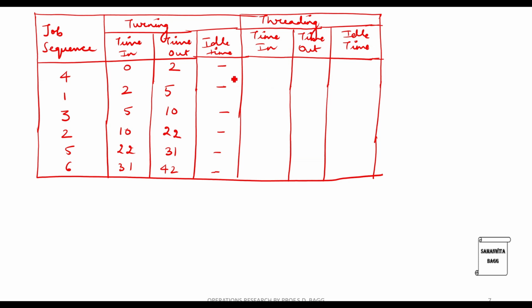Here we'll start with the 2nd minute. So idle time is 2. So the start itself for threading to start. Fourth job on threading is 6. So this becomes 8. Now this is 8 and this is 5. So the job will have to wait for entering into the next operation. So this will start at 8. If you want a shortcut, you will have to just compare, write the higher value. If you understand by now.